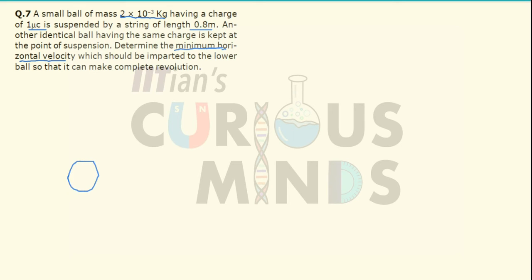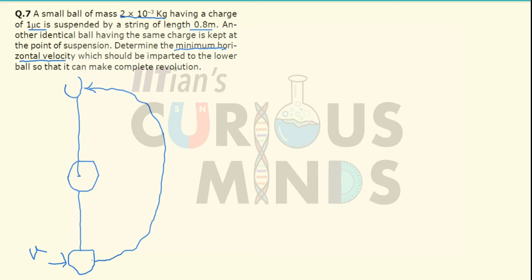Let us assume there is a ball of some charge and there is another ball which is attached at the bottom. When it is imparted a certain velocity, let us say the velocity is equal to u, it will complete a circle only when it crosses the topmost point. The minimum velocity that should be provided so that the ball completes the topmost point is when the tension at the topmost point is equal to 0. If the tension here is just 0 or greater, then only the ball will complete a circle, otherwise the ball will not complete a circle.